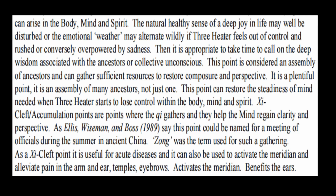appropriate to take time to call on the deep wisdom associated with the ancestors or collective unconscious. This point is considered an assembly of ancestors and can gather sufficient resources to restore composure and perspective. It is a plentiful point. It is an assembly of many ancestors, not just one. This point can restore the steadiness of mind needed when the three-heater starts to lose control within the body, mind,